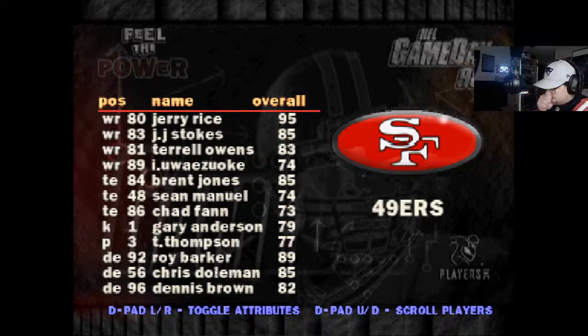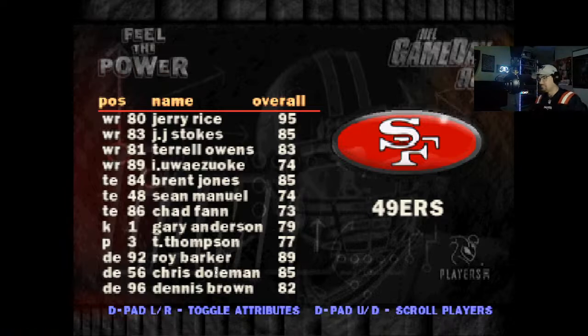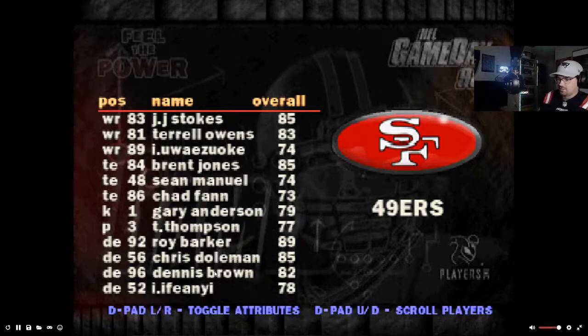Wow. Can you imagine if you could have gotten both of those guys in their prime on this team? Their offense would have been unstoppable. How are you going to stop Jerry Rice, the best wide receiver ever, the most crisp route runner, the best catcher, the best runner, and then Terrell Owens, who is just one of the most physical wide receivers you've ever seen. That is a massive, massive team right there.